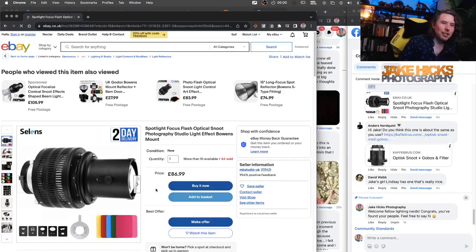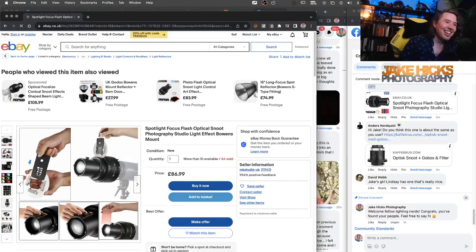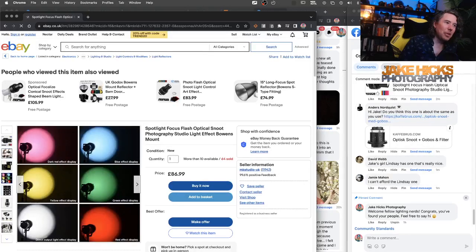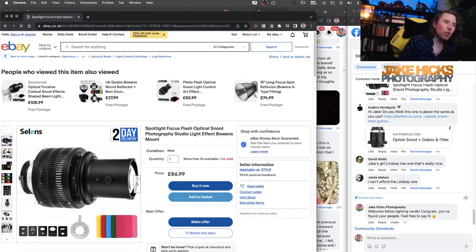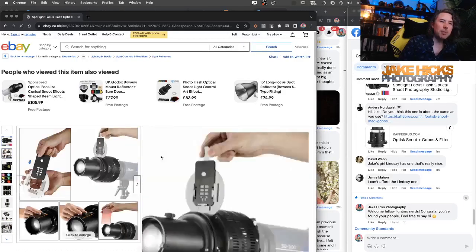David Webb mentioned that there are other alternatives, like Lindsay's one. Obviously you're paying a lot more for that, so look into it. But I haven't used it. I'm sure it's excellent. But yeah, this one here will give you a very large spot. So if you're working in small spaces, then yeah,